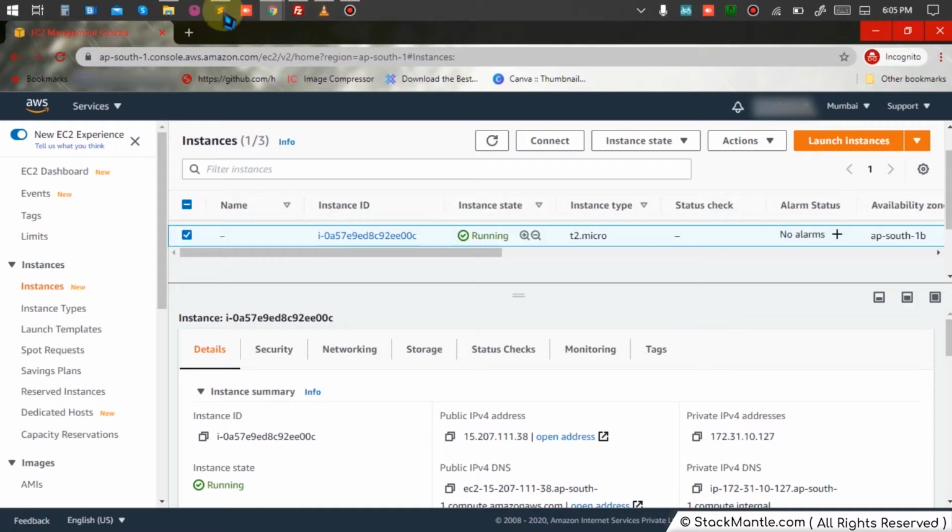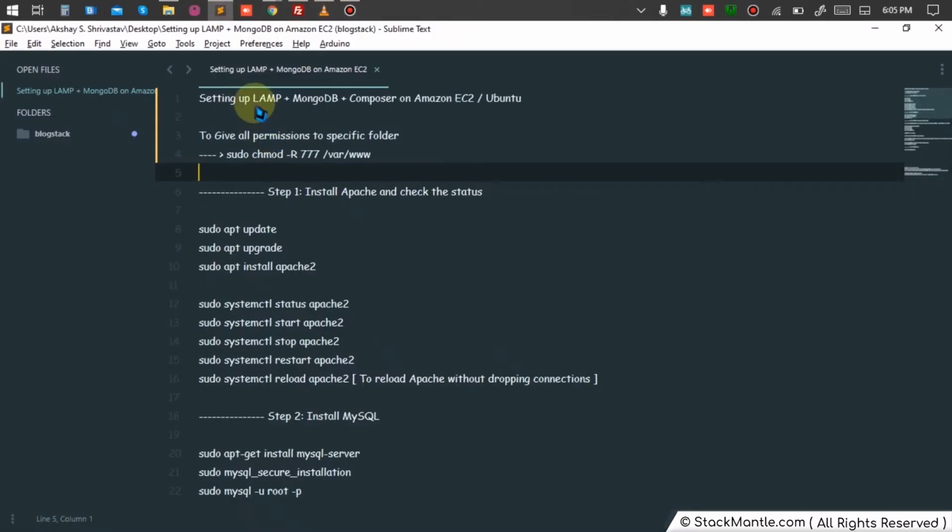In today's video, we are going to learn how to set up a LAMP environment, which is Apache, MySQL, and PHP, in your Linux environment with MongoDB and Composer, on either an Amazon EC2 Ubuntu instance or on your local Ubuntu machine. No matter where your system is, if it has an Ubuntu or Linux supported environment, you can always follow these procedures. MongoDB and Composer are optional. If you want to take it as additional knowledge, or if you want to use it, it's up to you. By default, we are going to move with Apache, MySQL, and PHP.